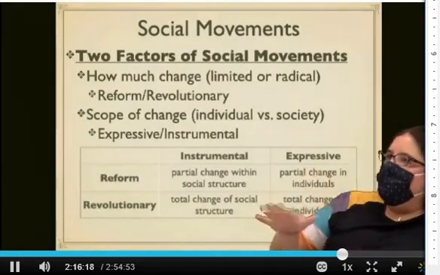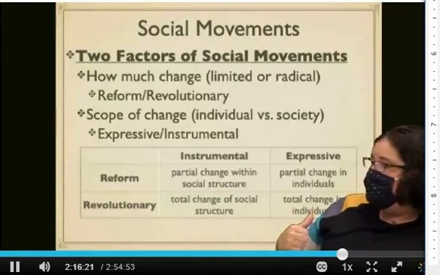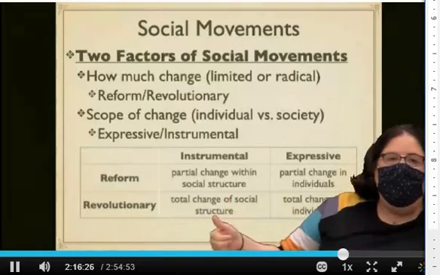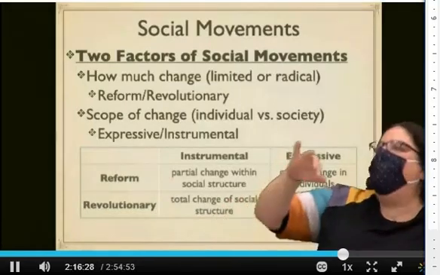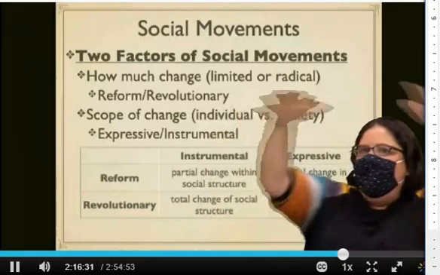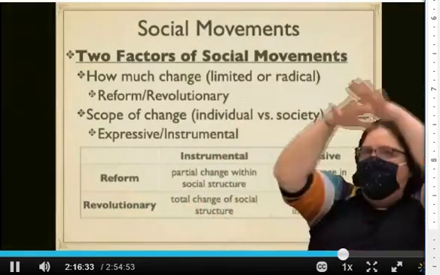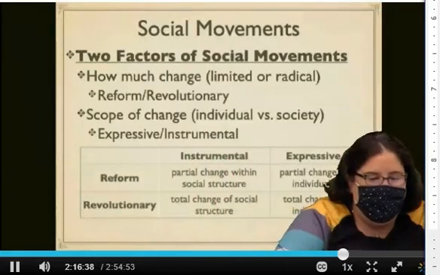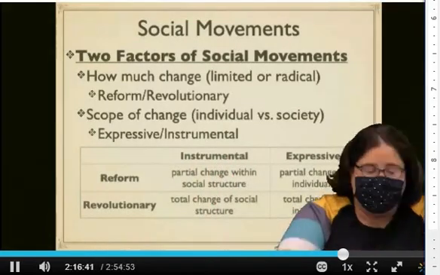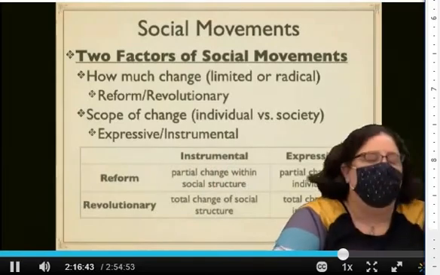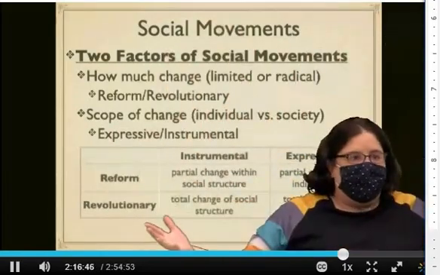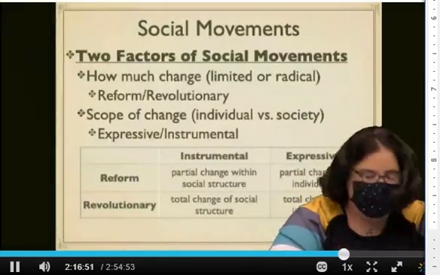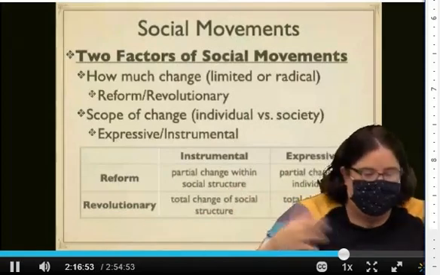That's fair. I would say in situations like that, we would call them instrumental, right? Because by changing the social structure, it will filter down to individual behavior. So it's like an umbrella. I'm with you. I understand your argument. So I think in that case, we would call them instrumental. It's the same thing with the Love Canal that was instrumental, wasn't it? Correct. They wanted big change, but about one thing, right? Yes. Absolutely.